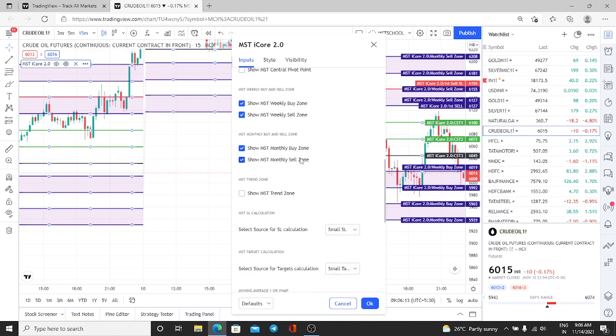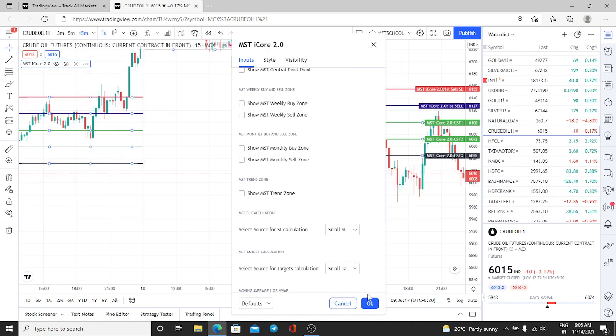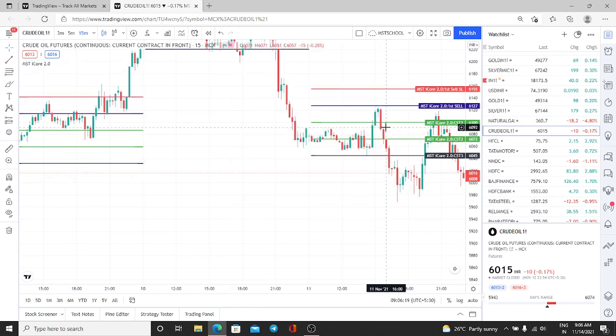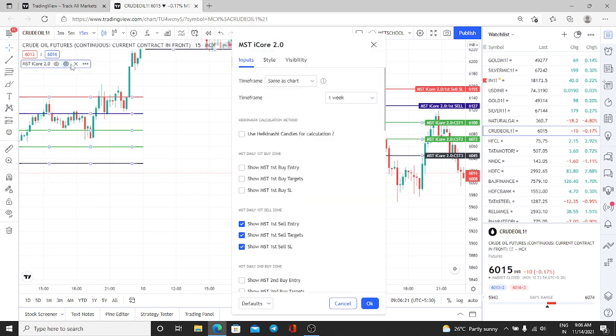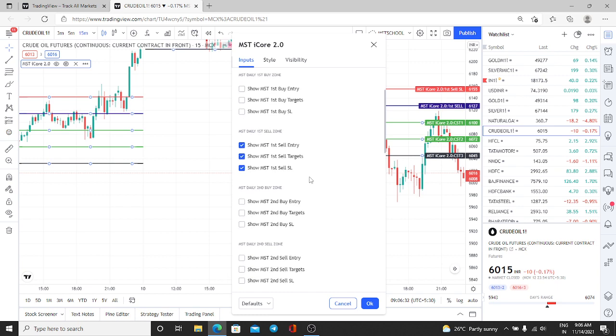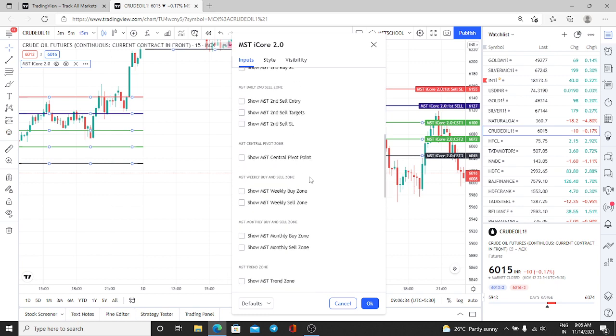So I am removing this monthly zone, weekly zone and all. Now enabling from the day time frame. So sell activated at 24. No, 24 is the exact point. Here it is showing 27. No issue, you keep it at 24. You can also keep 3 points as a buffer, as I explained to you.